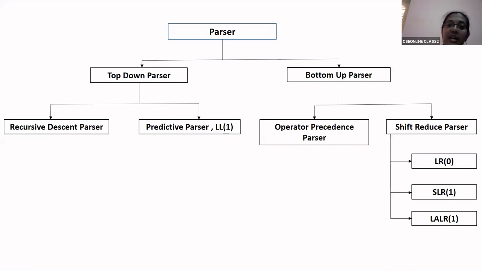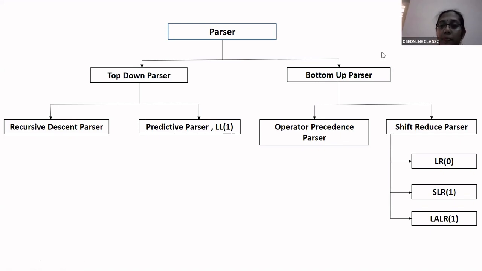Okay, so top-down parsers are of two different types. One with backtracking and the other which does not use backtracking. The one that uses backtracking is called the recursive descent parser. Top-down parsers are again of two different types: one that uses backtracking, the other that does not use backtracking. An example of a top-down parser that makes use of backtracking is the recursive descent parser, and the top-down parser that does not make use of backtracking is called a predictive parser, and an example for that predictive parser is your LL1 parser. Okay, hope it is clear.